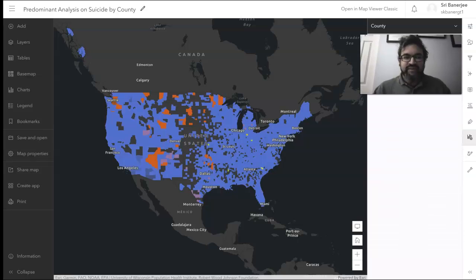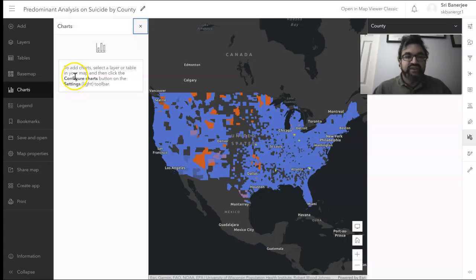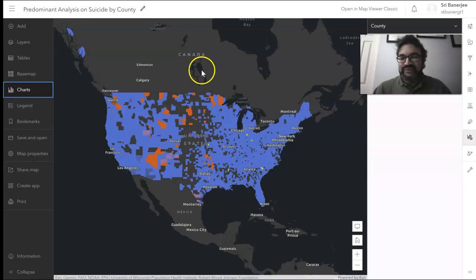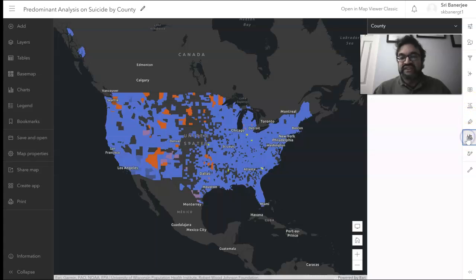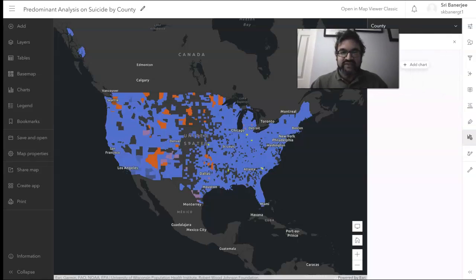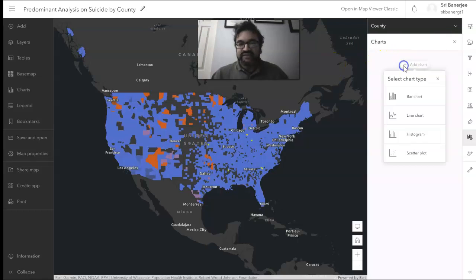So the next step naturally may follow in your mind, that you have to go into charts and create a chart, but in reality, what you'll need to do is go to the right, go into styles, and then go down further and basically configure charts here. And I'm going to move my face for a second, and then select add chart,